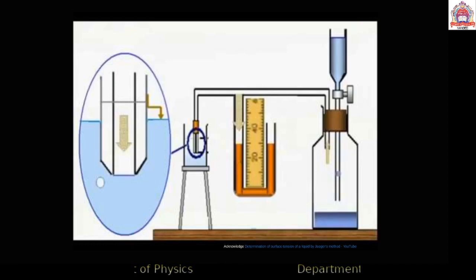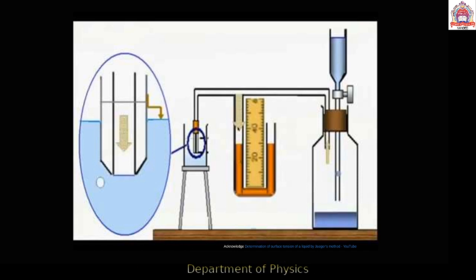Here is the apparatus of Jaeger's method, and this apparatus is used for this purpose. It consists of a Woulfe bottle. In one mouth of the bottle, a dropping funnel containing water is fitted, and in the other, a glass tube. To this tube, a manometer